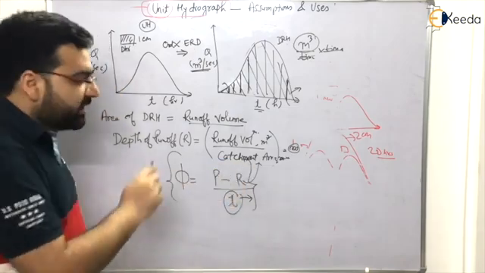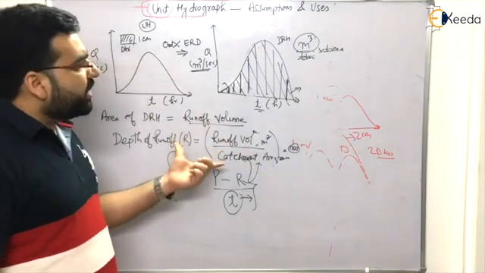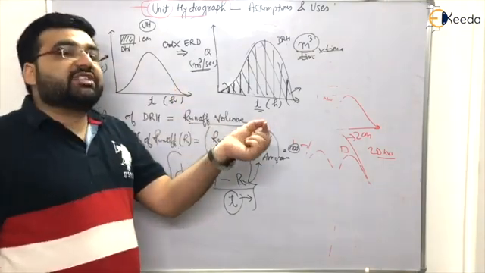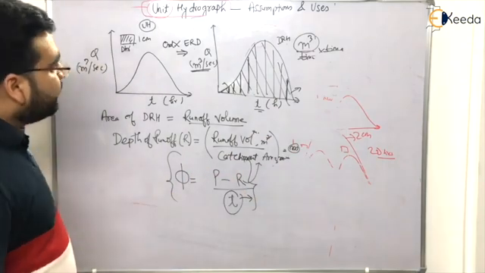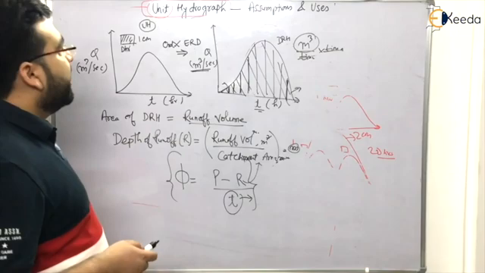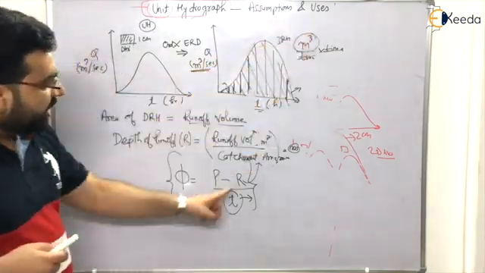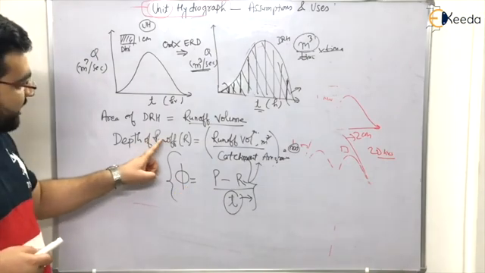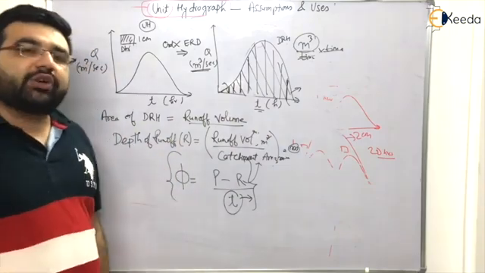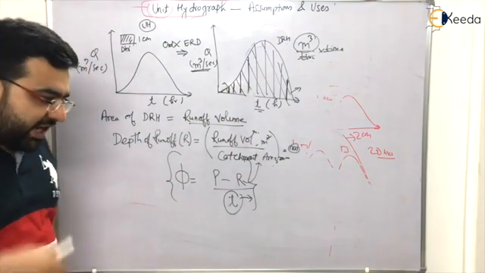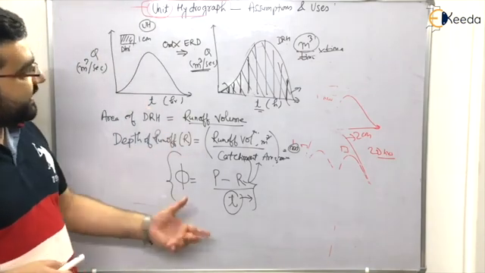You will be solving some numericals based on this topic, because these questions have been asked. Whatever I have taught you till now in hydrographs, not even a single question has been asked apart from it. Clear? Now I hope you have understood the unit hydrograph assumptions and uses, why it is used, determination of phi index, determination of the depth of runoff, determination of area of that runoff. The unit hydrograph is used in a lot of things.